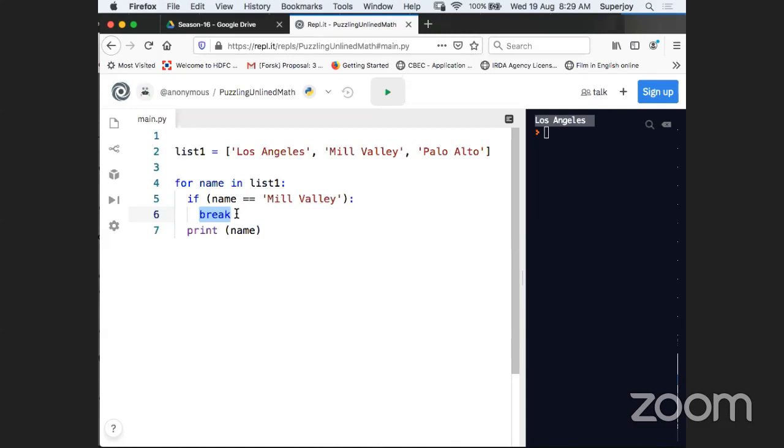MK, is that clear to you now? This is how break works. The philosophy is simple: as soon as you hit the break, just exit from the loop. That's it. Now,